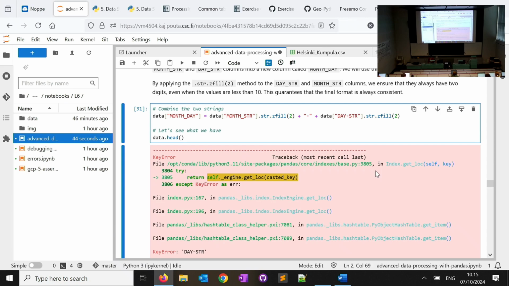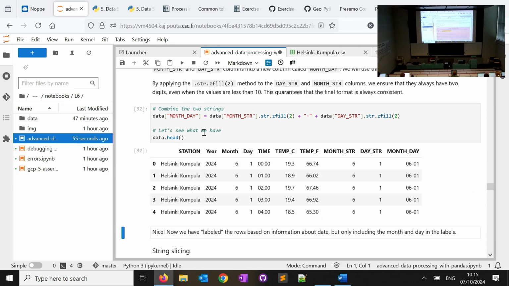Yeah, okay, here it was underscore. Okay, so now we see it worked nicely. Because of the zfill we added, it added a 0 in front. If we hadn't done this, and you can try this now, it would give you 6-1. But because I use zfill, it is formatted a bit more nicely.